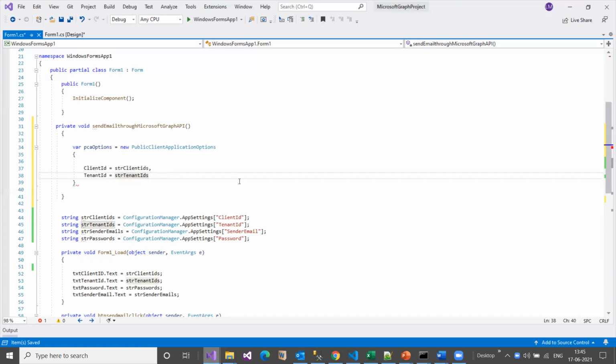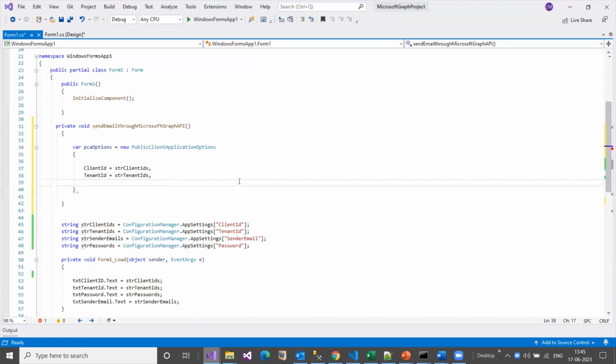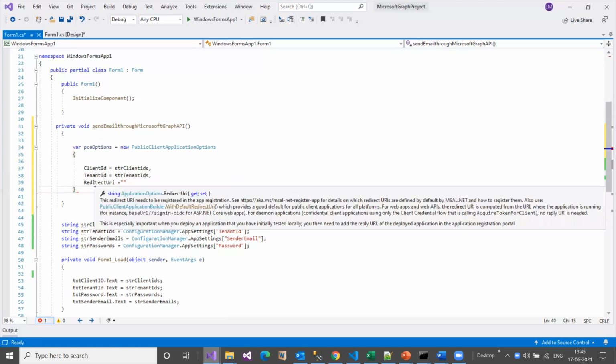So this is what two variables required, and the last one is redirect URI. That means, where do I need to redirect to get all this stuff? This is a built-in, predefined one which we need to give. If you look at Azure itself, we have a